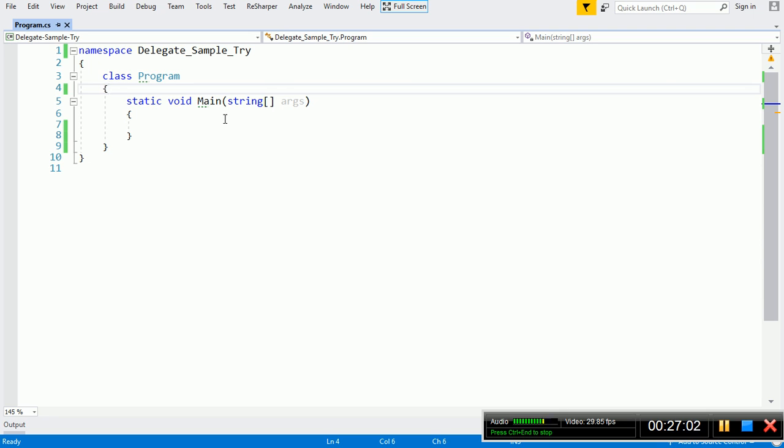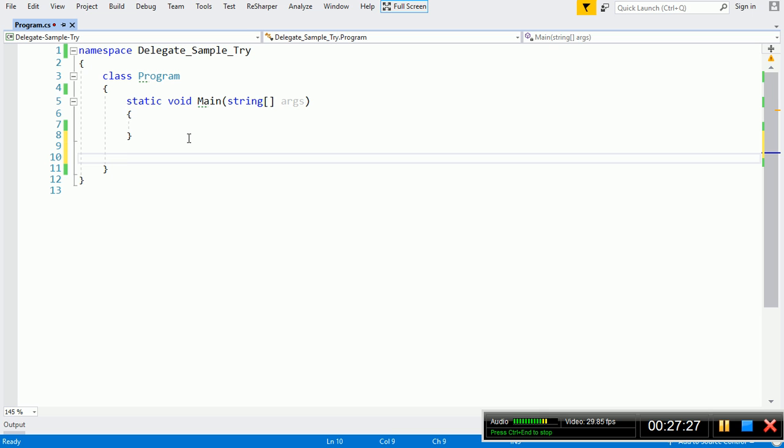So now in this example we will see what is the drawback of our custom delegates, which we have declared using the keyword delegate, and then we will see how Func and Action delegates overcome this drawback, and how they make it very easy and flexible to use delegates. So I will create one project.